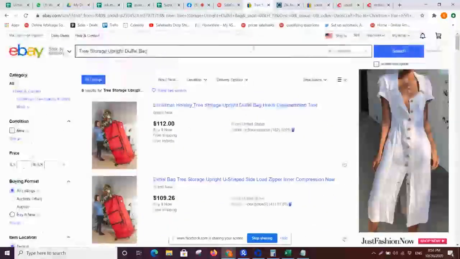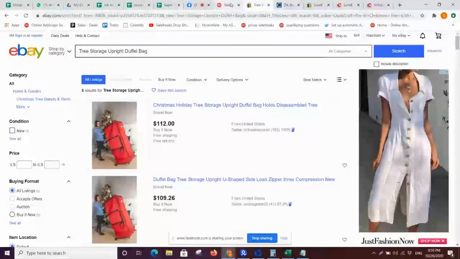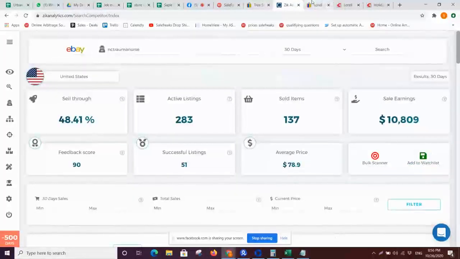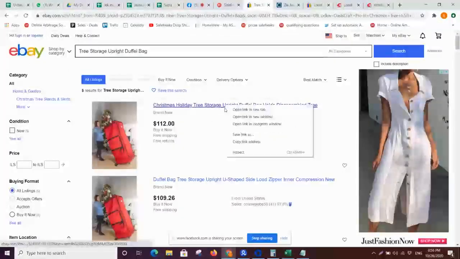So this is it. This is all it comes down to. Just invest in good market research, whether you do it yourself or down the road you delegate it to a Philippine VA. You show them how. I do recommend investing in Zik Analytics, because the alternative is going one by one, listing by listing,